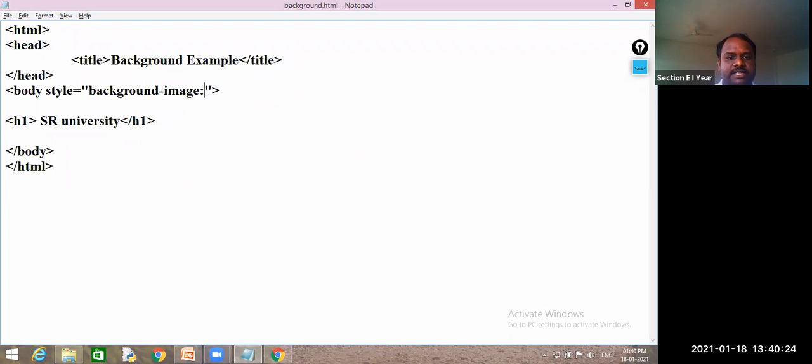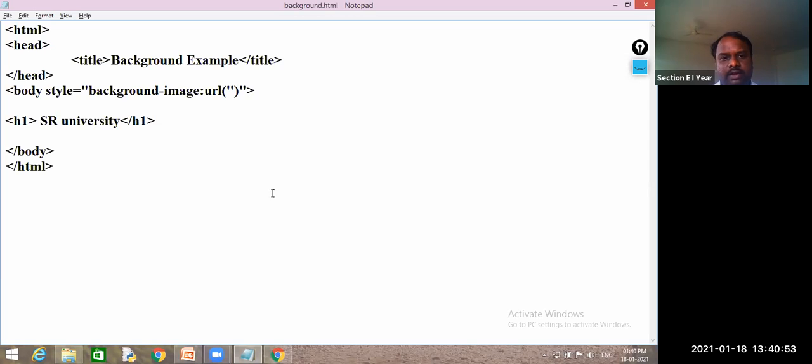To give the image name, we need one function, that is URL. In between this URL, you need to give your image name, and better to enclose your image name in single quotes. This is the proper way of writing syntax.